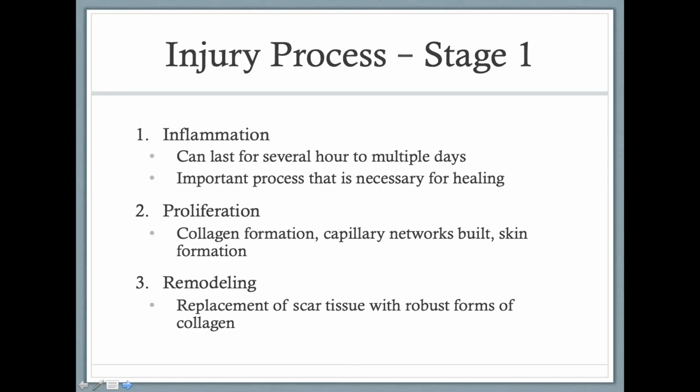Step 2 would be proliferation. And basically here, this is an energy requiring process requiring some additional